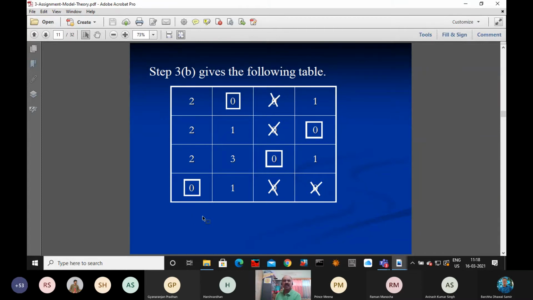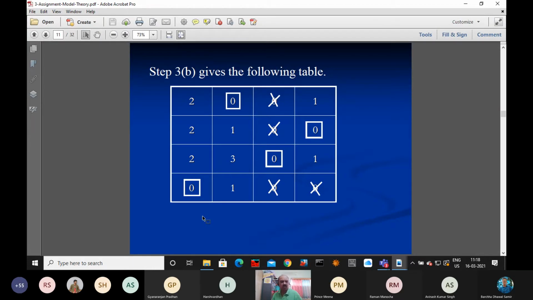So this is the optimal assignment. Now we have got the decision variables, all 1: x12 equal to 1, x24 equal to 1, x33 equal to 1, x41 equal to 1, rest all are 0. Out of 16 variables, only 4 of them are 1, rest all are 0. And we are interested to know the minimum assignment cost. The minimum assignment cost you have already calculated. Whatever you have subtracted, that is equal to 20 units.